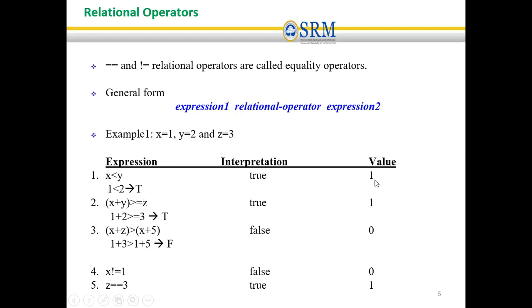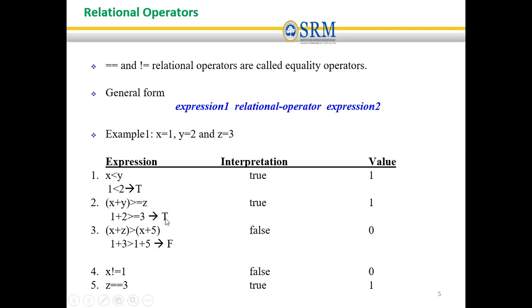So the final value will be 1. In expression 2, x plus y is greater than or equal to z. By substituting the values of x, y, z, it will be 1 plus 2 greater than or equal to 3. First add 1 plus 2, so you will get 3 greater than or equal to 3,